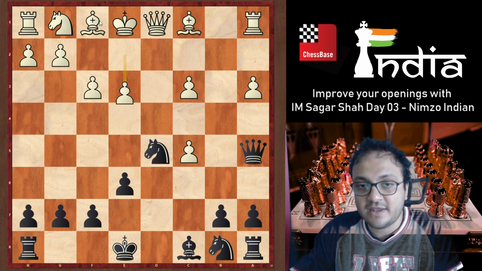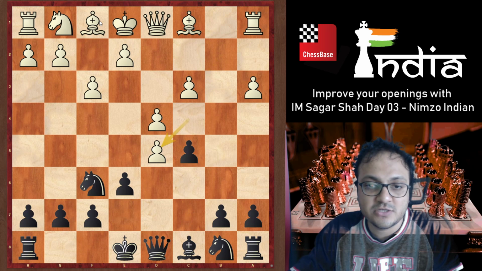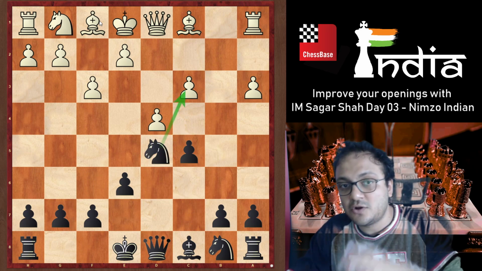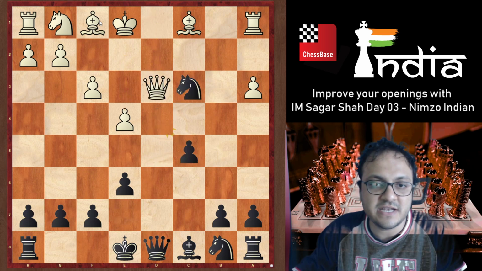It's a position where you in the opening have given up your bishop, and you are trying to keep it semi-closed. So e4 is not possible because of knight c3 and cxd4.